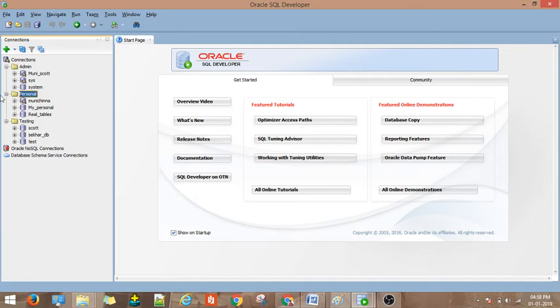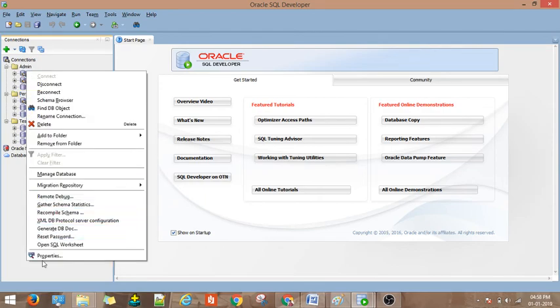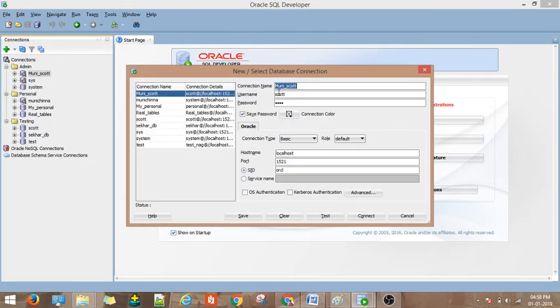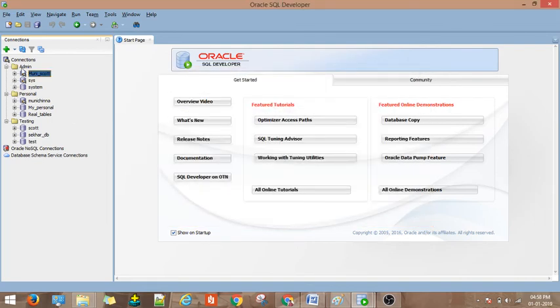You need not give the user id, password and all these details: properties, connection, username, password, SID, host name, service name. You don't need to give all these. Directly export whatever connections you have. You can give that xml file to him, then he can directly import that xml file and connect.